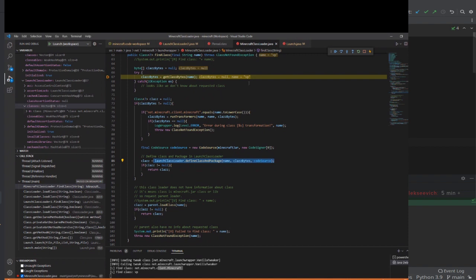This class loader skips code signing, it's the Minecraft class loader. It means that it is not skipping code signing in mods. I'm asking about mods that have meta information with code signing. Listen carefully. Minecraft